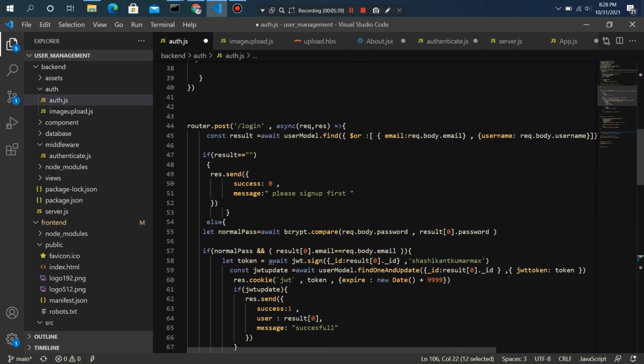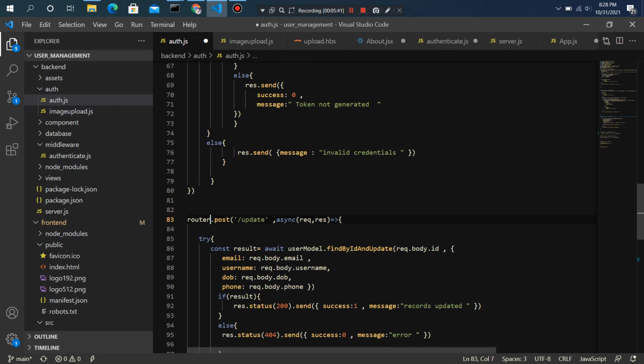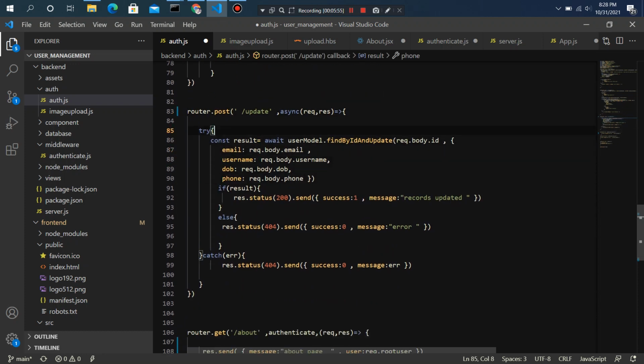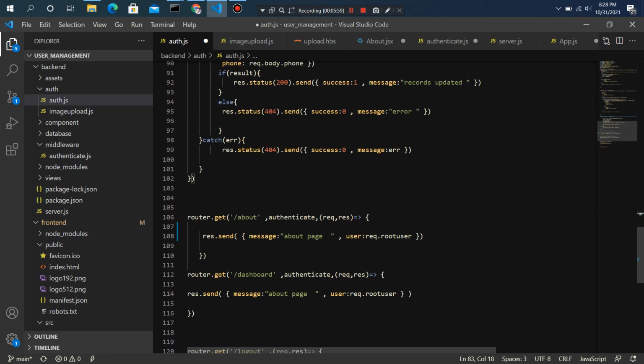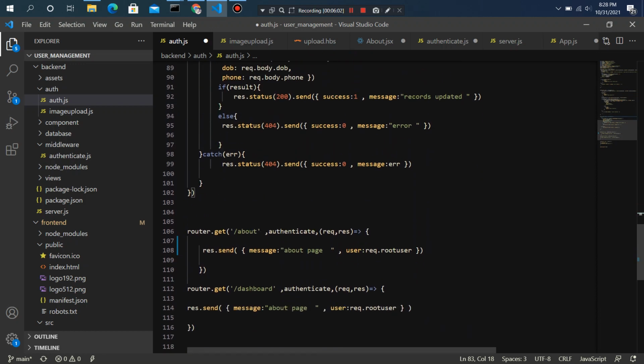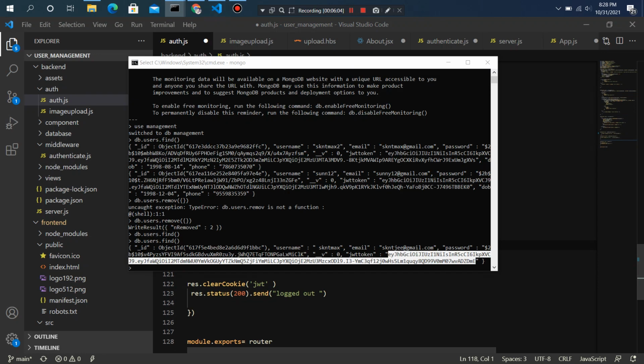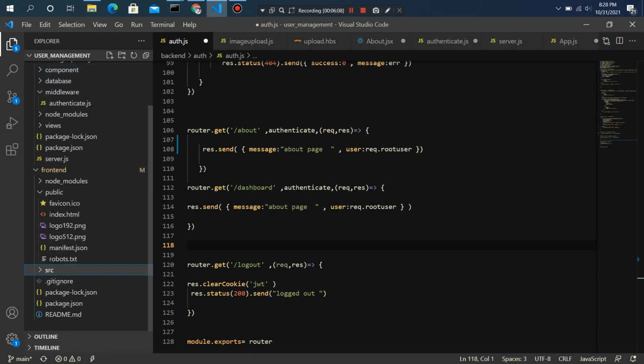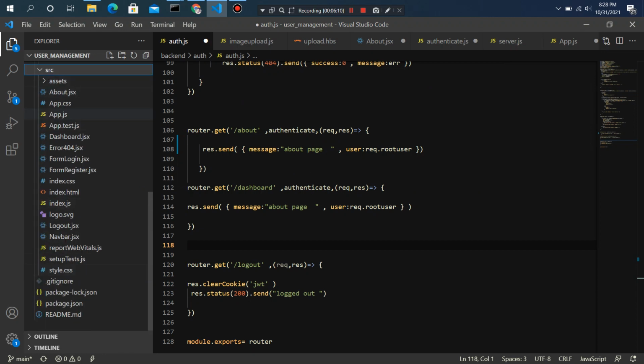After that, we use the about us page so that we can access every particular user who is signed in. On clicking update, it goes to this route, updates all the data of that particular user, and gives the response. Now let's go to the front end part. This is src app.js.